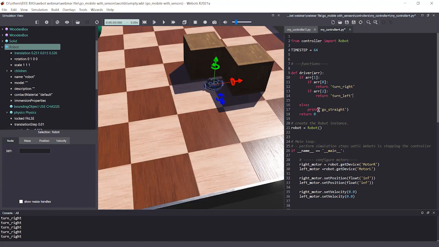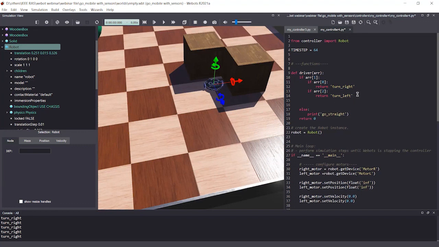Okay, this driver next. What if there is a possibility that the driver sees a wall ahead and doesn't see any wall on the left side or right side? So to address that case, what I will do is